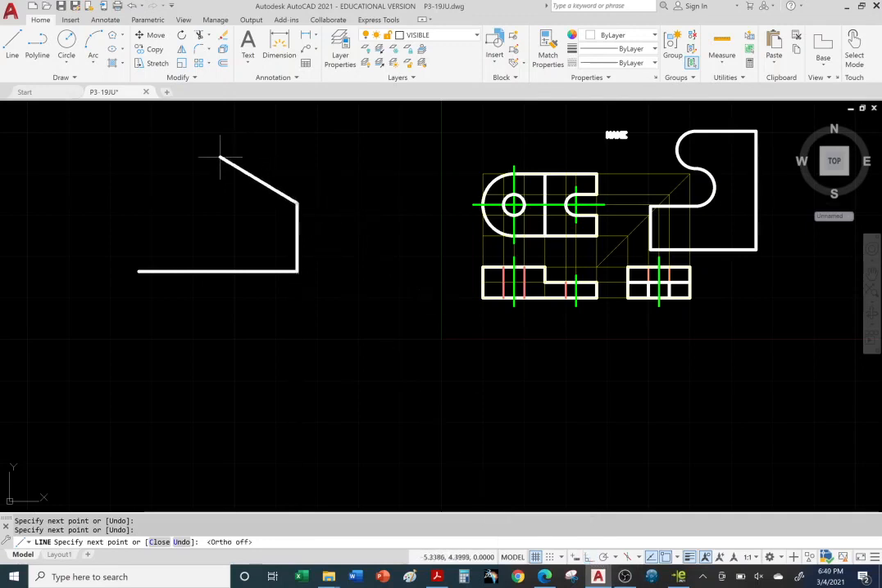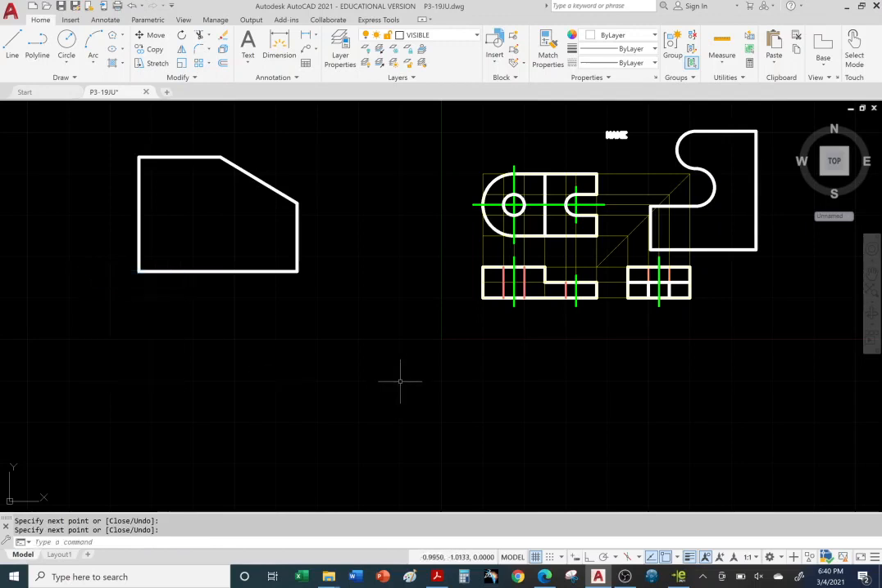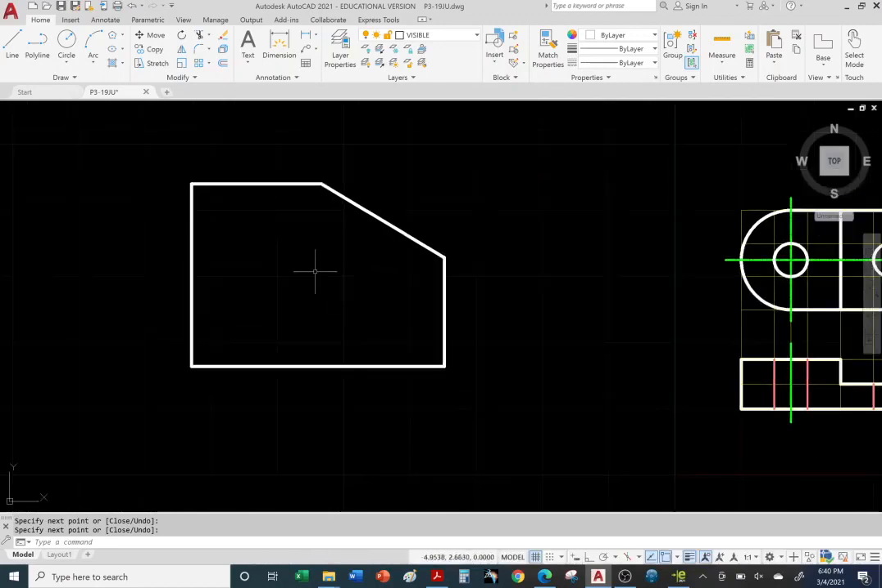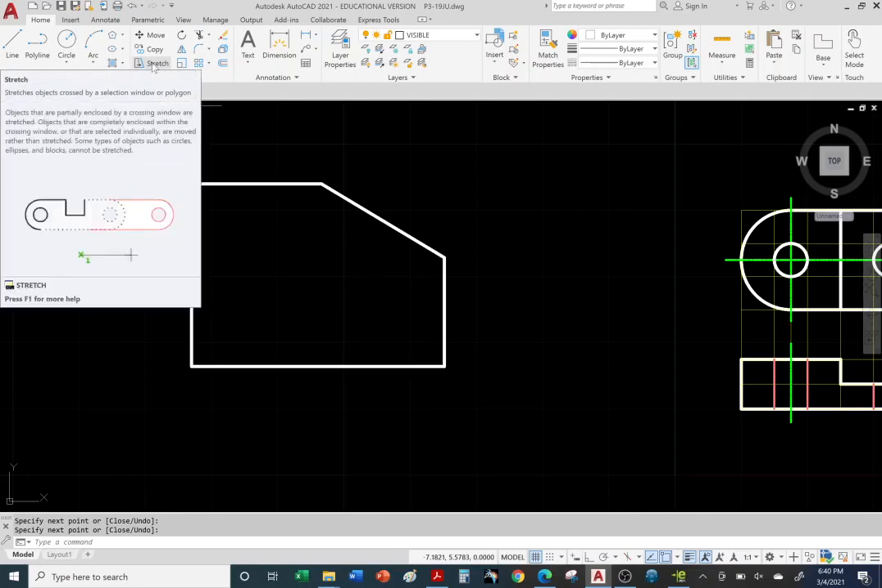Let me turn off ortho. Actually, this is a 5-sided shape. As you can see, I drew this closed profile, 5-sided. It's not a trapezoid, but let's go ahead and use this one for the stretch command. Okay, so I'm going to use stretch,